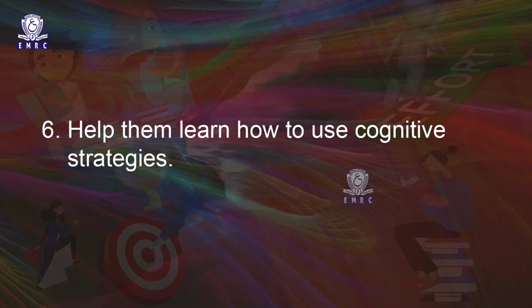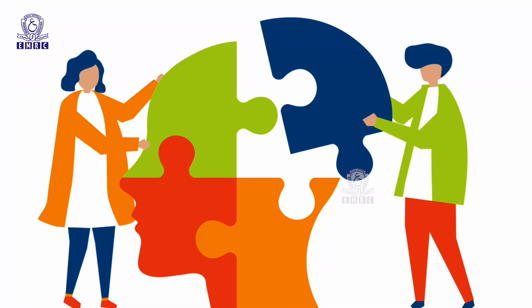Then help them learn how to use cognitive strategies. Encourage the students to watch for mental activities that can lead to behavioral diversions, like "I will do it tomorrow," "What's the problem with watching an hour or two of TV now?" or "I can't do it now." When they are giving these statements, make them focus on why they are doing this.